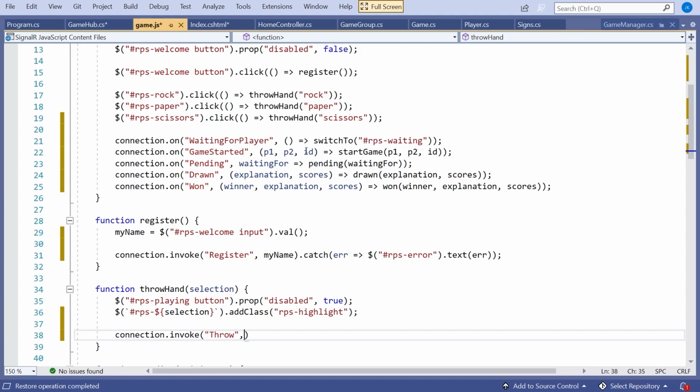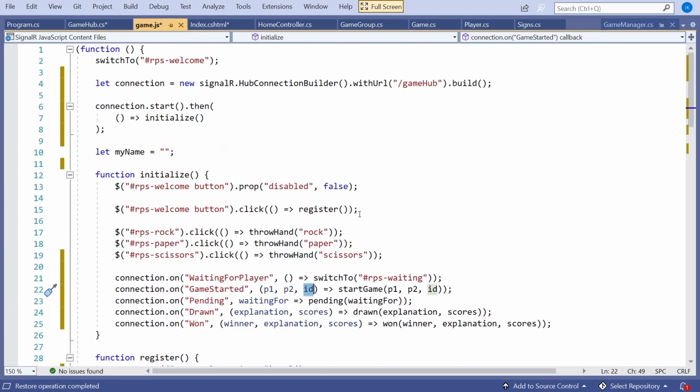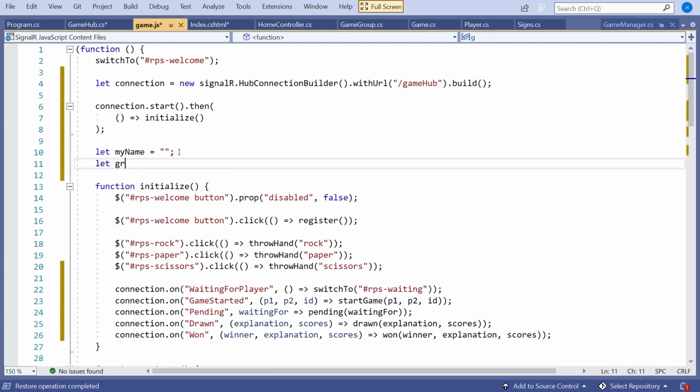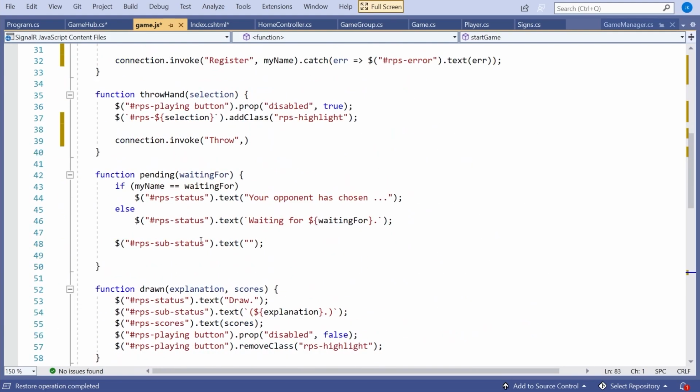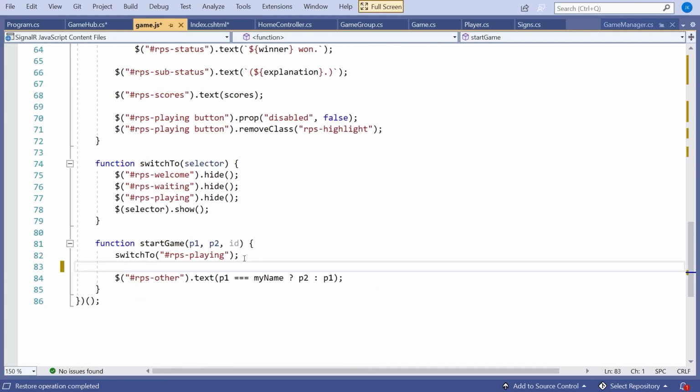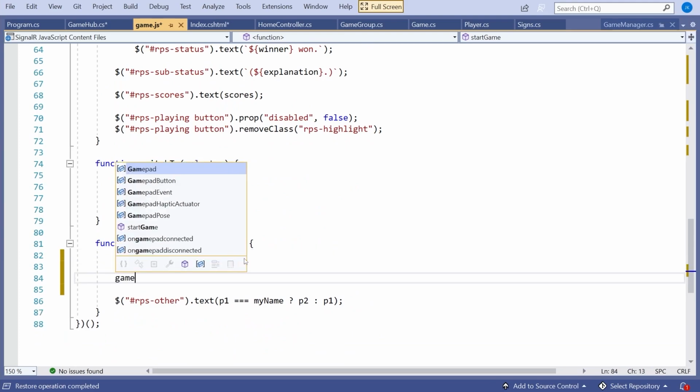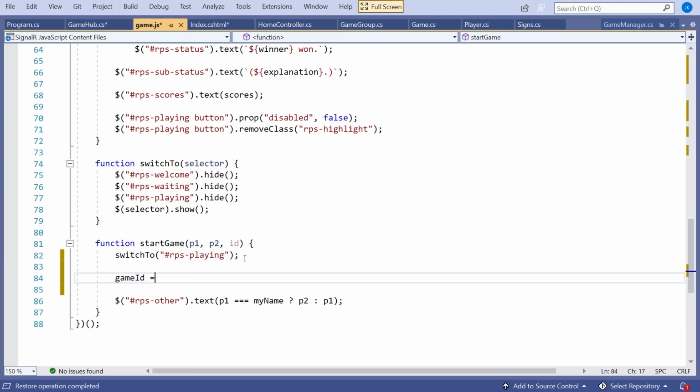Remember, the game started is what sends us the group name as what we've called ID there. So let's just up here do a let group ID equals, and then just set that to blank to start with. But then on the start game, what we need to do is take that ID and say game ID equals ID. So that will now hook up that.